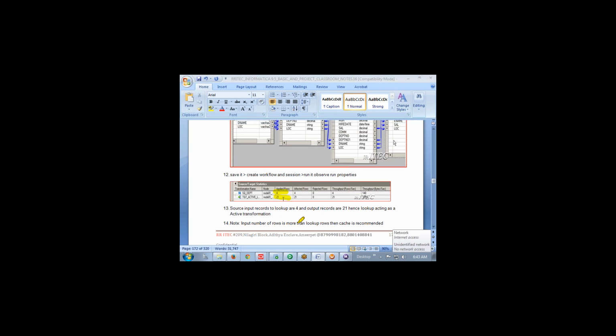Now we have somewhat fewer available. Let's see: the source input records to lookup are 4 and the output records are 21. Hence lookup is acting as an active transformation. Note: if the input number of rows is more than